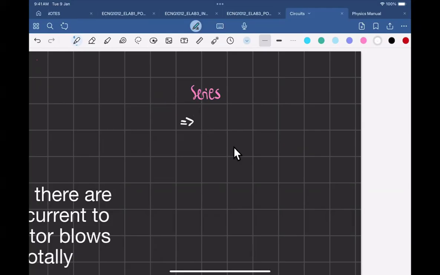The total current will flow in one path. One part. So the current across each component is the... Well, I said that, didn't I? I said something silly just now. You never say current across. Current is something that flows through. So the current through each component is the